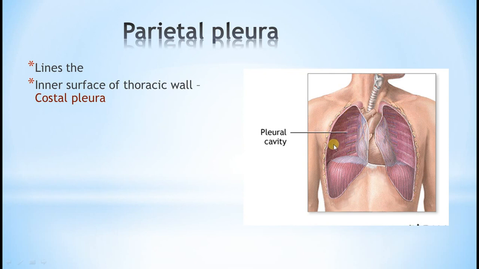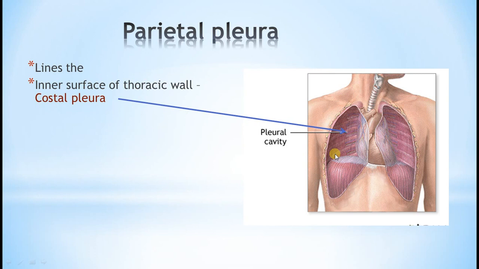You know that is called the endothoracic fascia. Endothoracic fascia. It lines your thoracic wall, that is your ribs, costal cartilages and intercostal spaces. Then it also lines the upper surface of the diaphragm. That part of the parietal pleura which lines the inner surface of your ribs or the thoracic wall is actually